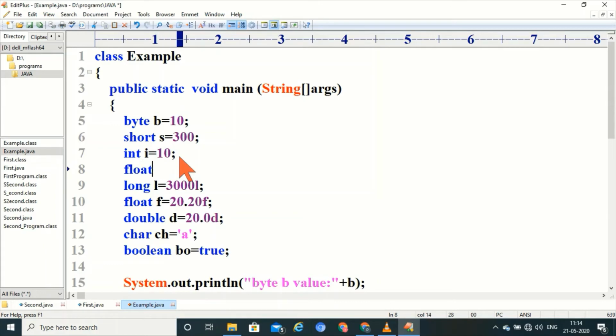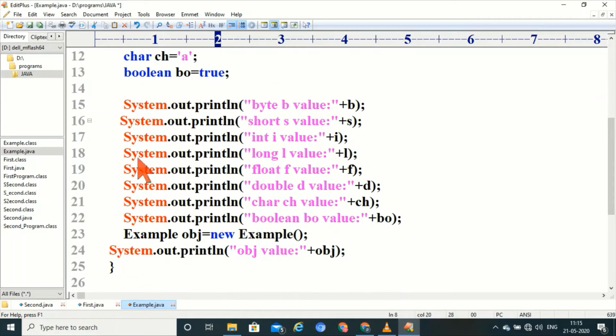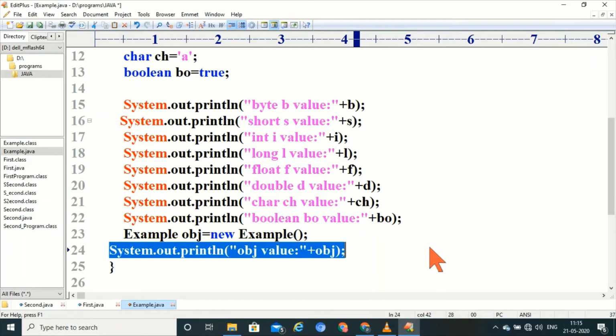Here, float f1 equals to, I want to convert I value. I is storing integer 10 data, and I want to print that here.